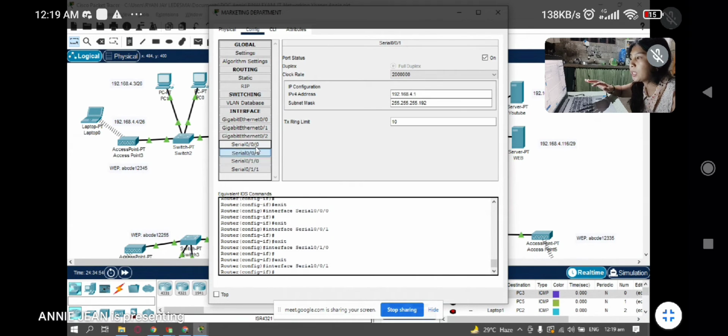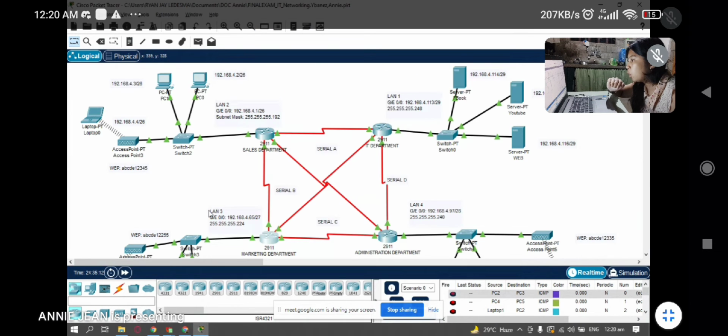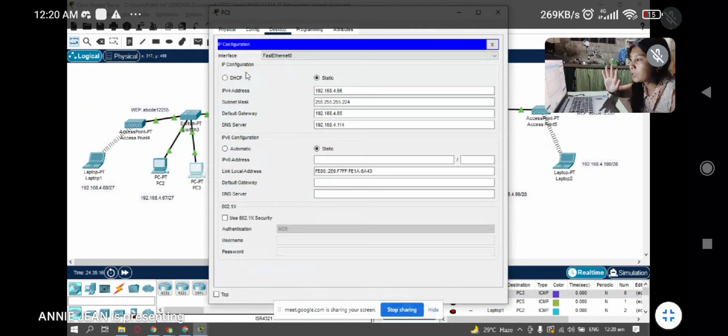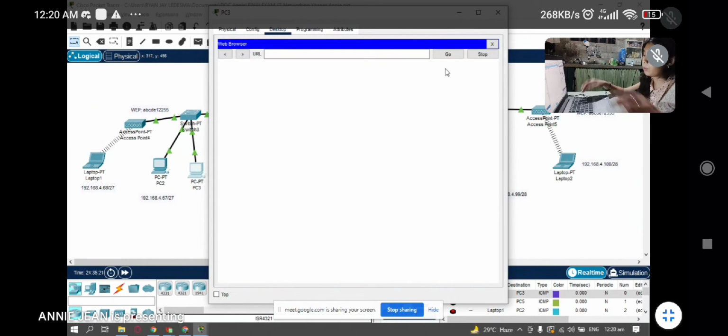By serialing of this LAN 3, as I said earlier, this is the router or the LAN number. This serial 0/0 is what I connect to LAN 4, LAN 2, and LAN 3. So, same computation. So, IP configuration, same as what I did. So, I want the web browser. The web browser is